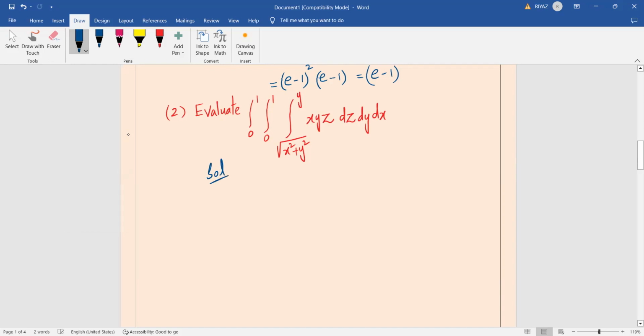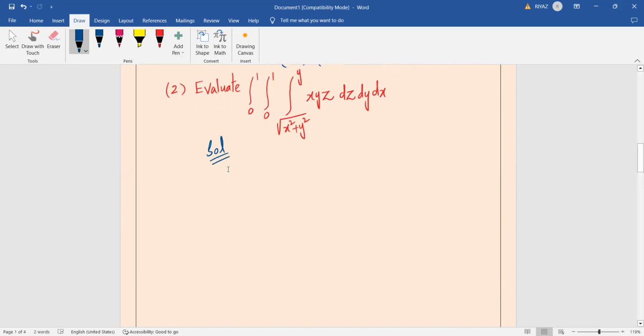Once again, that same situation arises. First limit is a constant limit. Second limit is a constant limit. Now, if you see the third limit, it is in terms of x and y. So which limit is it? Z limit. Exactly. Nice, you're doing correct. This is 0 to 1. This is 0 to 1. Now, you don't have any option, right? The third limit is in terms of x and y, means obviously it is the limits of z. In this case, you have to integrate your function with respect to z only, and you don't have any other option, right?